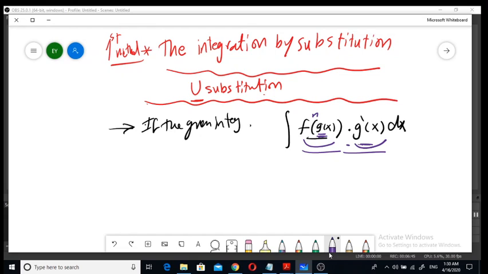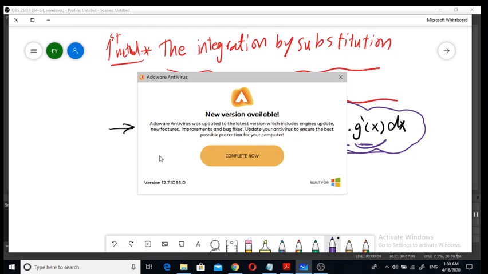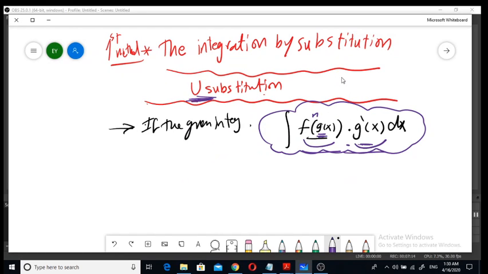If we find this case, we are going to apply the U substitution or the integration by substitution method. So if the given integration is in the form of the integral of f to the power n of g of x times g prime of x, which is the derivative of the inside function,